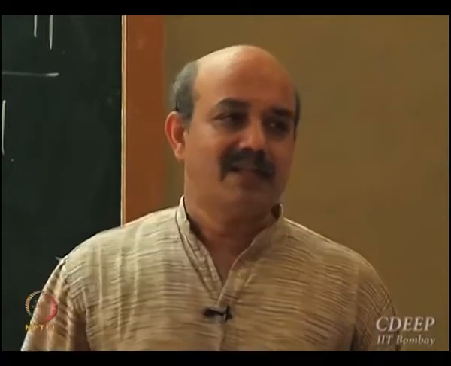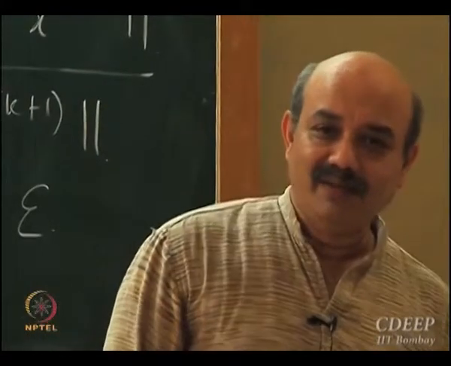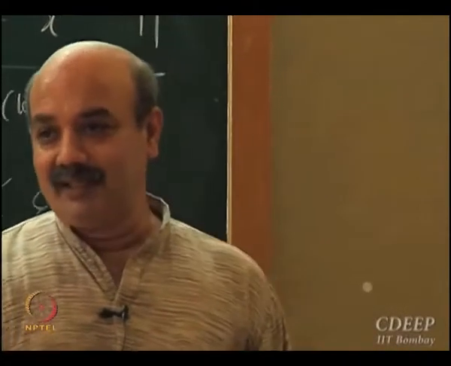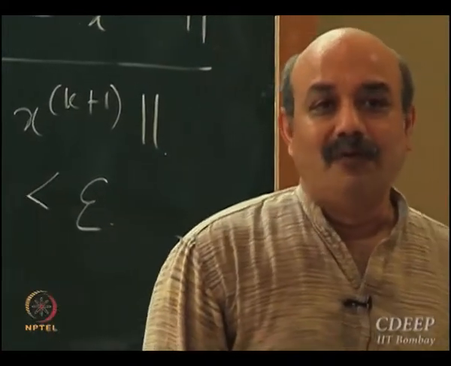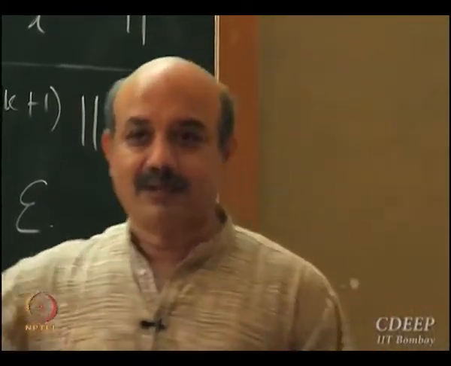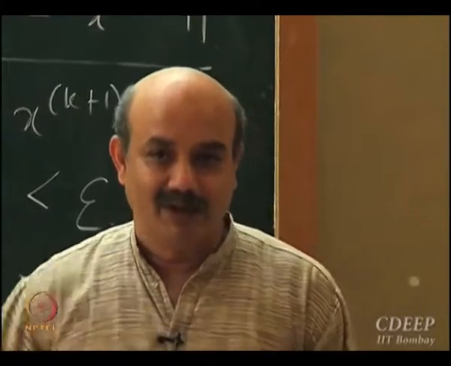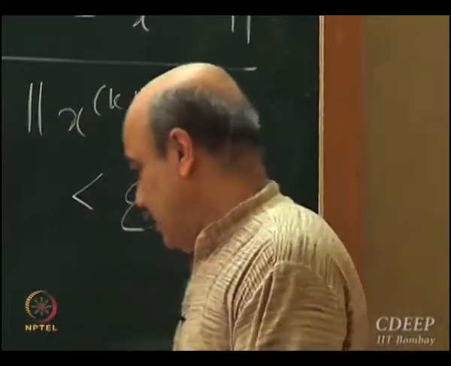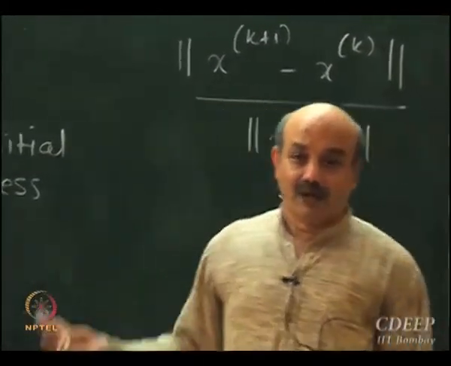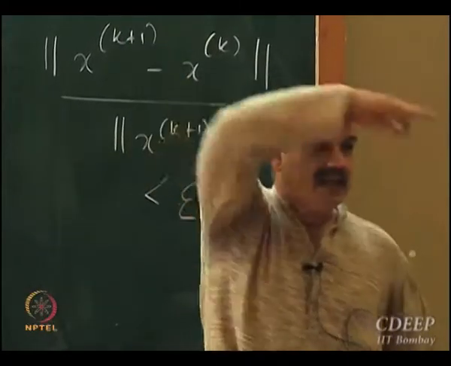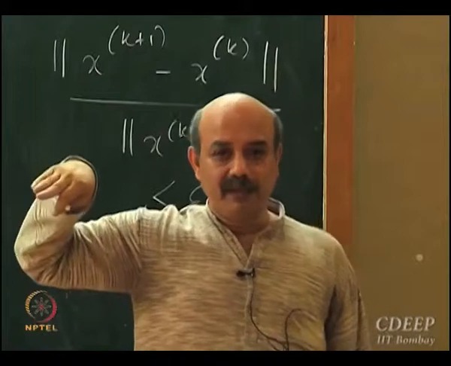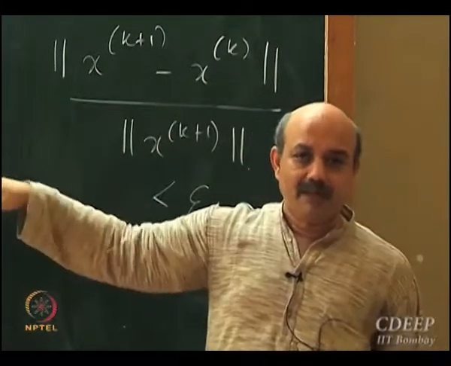Now, while implementing these kinds of methods, I can also have variations which are similar to the Jacobi method, the Gauss-Seidel method, and the relaxation method. So I am now going to talk about variants of the successive substitution method which are like the Jacobi method or like the Gauss-Seidel method. When I do that, I cannot of course use this vector-matrix notation. What we did in the Jacobi method, we went equation by equation. You remember? The same thing I am going to do here.